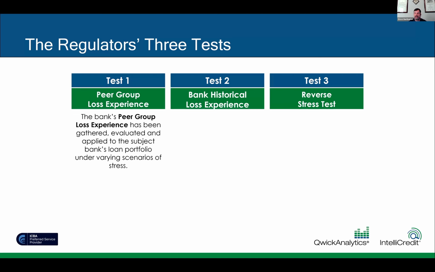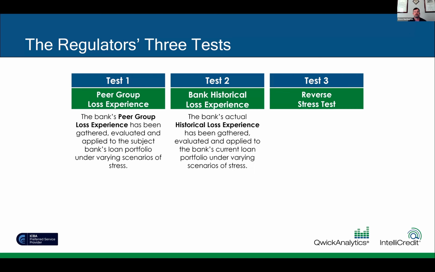Now, the second test we run is what we call the bank historical loss experience, and it has all the same steps. They're designed to be set side by side because it has the same methodology, same steps, and same outputs. The difference is in the loss inputs. In the second test, we're going to ignore your peers' experience, and we're going to focus on how you fared during a recent healthy environment and during the meat of the last credit cycle. And we're going to answer a similar question: if your loan portfolio were to perform like it did in various environments in the past, moving forward, what would be the pro forma impact on your earnings and your capital?